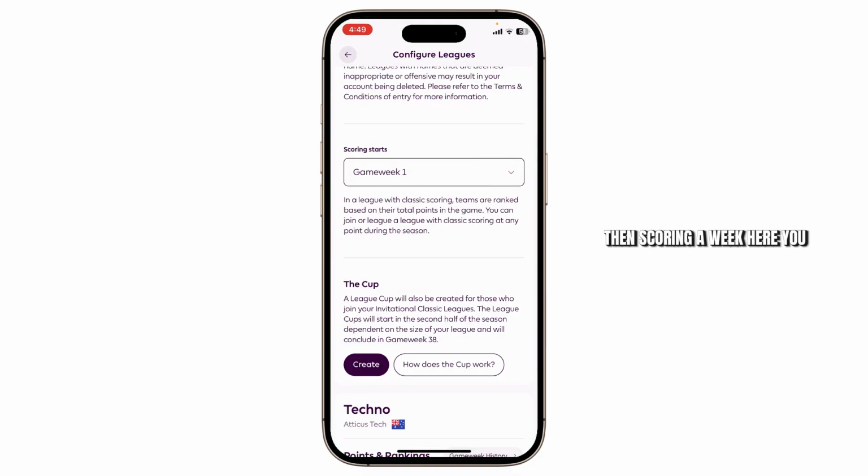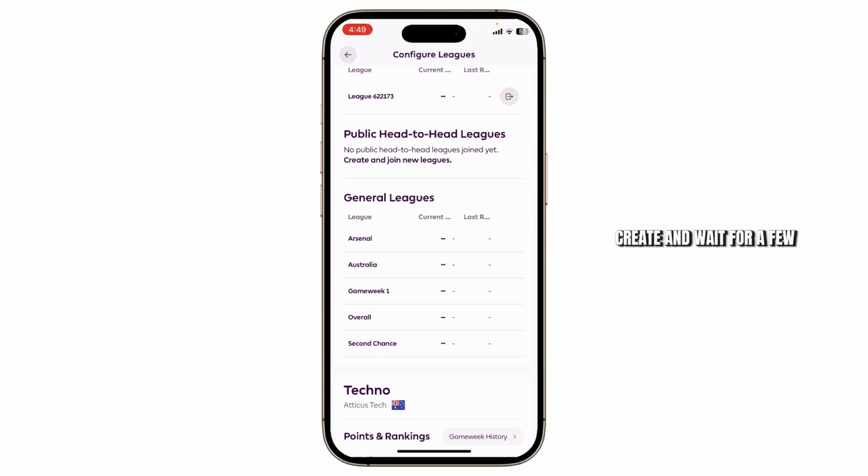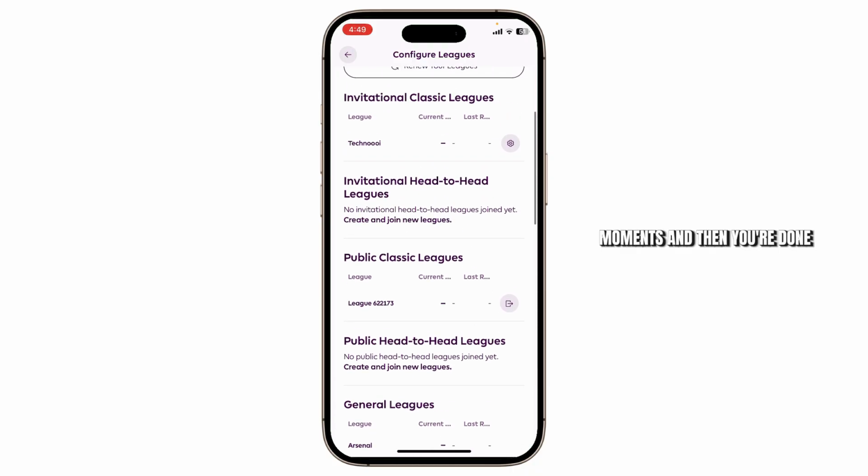Then the scoring week here. You can choose which week scoring starts from. And finally the cup. Tap on create and wait for a few moments and then you're done. And that's how you can create a league